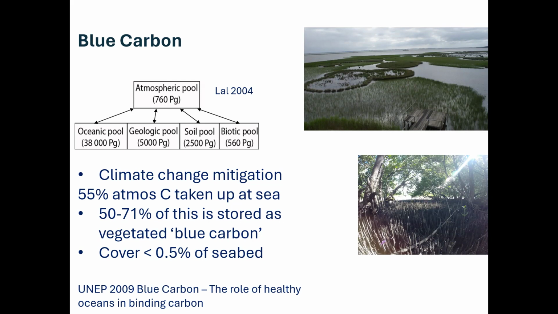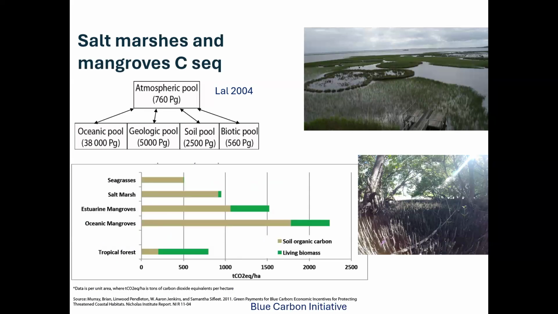And what that means is, first off, it's really, really important to preserve and conserve those habitats. Because if you lose that very, very small area, and I've already talked about the fact that they are in many cases degraded or at threat of loss, then you've lost a huge proportion of that important ecosystem service of carbon being stored in those coastal marine ecosystems. Now, when we're thinking about blue carbon, we're usually talking about things such as seagrasses, salt marshes, and mangroves.